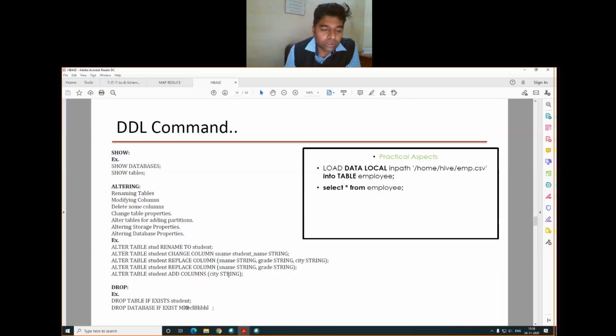You can drop by using the drop command. Drop the table by using the drop command: drop table if exists student. Drop database if exists MLVTEC Bhilwara. Means just create, drop, alter, all the operations. I think for the practical aspect, you can see that you just have to